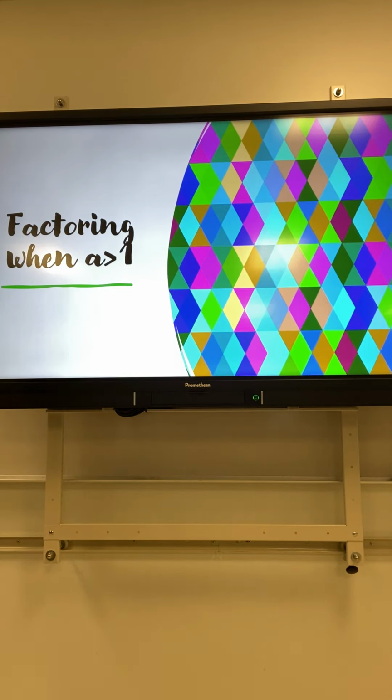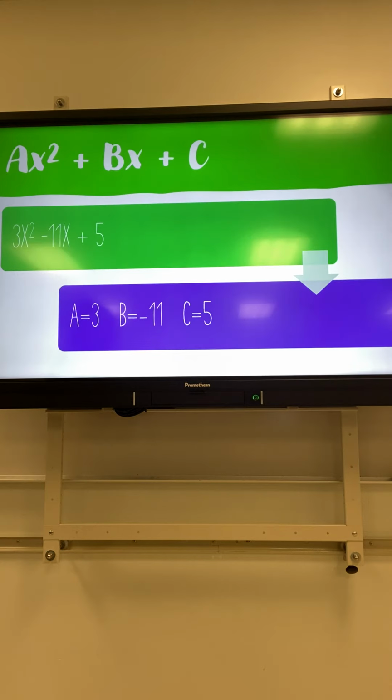Hello guys, welcome back. Today we are going to continue to talk about factoring, but today we're going to talk about what to do when you are factoring and there's a coefficient in the front of your trinomial. Alright, so a trinomial, as we know, is written in the form ax squared plus bx plus c,